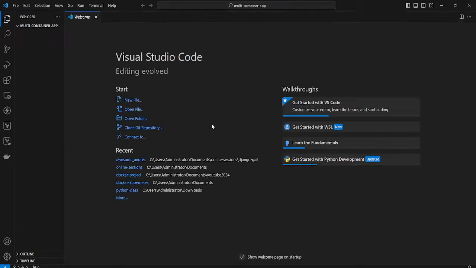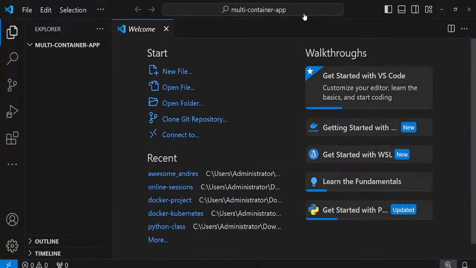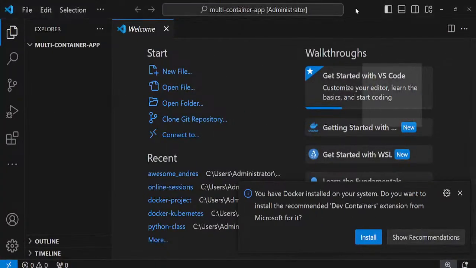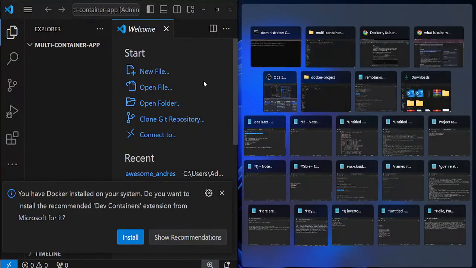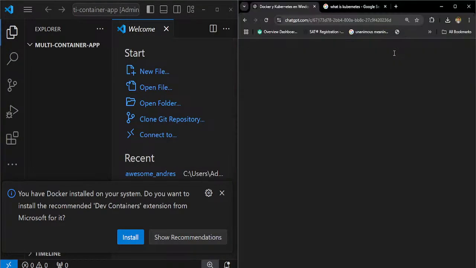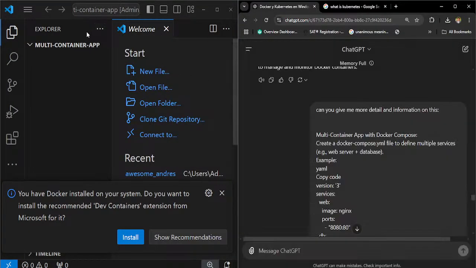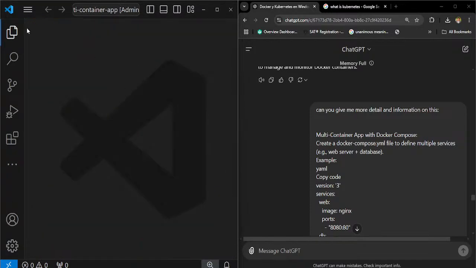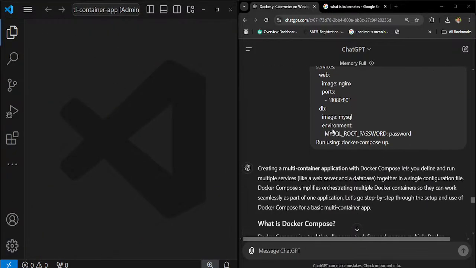Now, what we need is a Docker Compose file, right? So for that particular reason, I'm going to make sure we have this over here, and we could pull up this one on the left. Okay, so if I just cross this out, you can see over here,